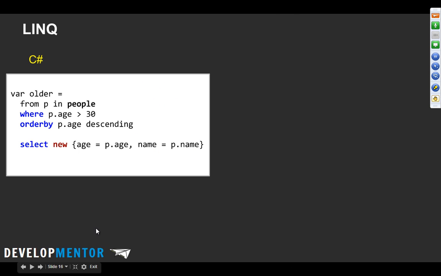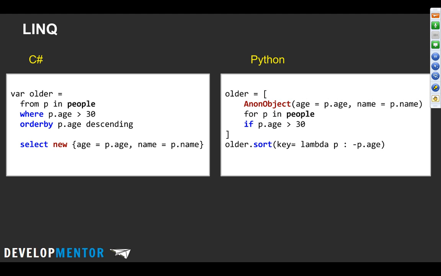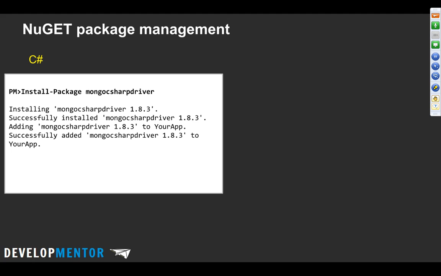So LINQ, if somebody says, what are the top 5 most awesome things about C# and .NET, definitely LINQ lands in there. And look, almost line for line, we can do the same thing with Python. You've got to reorder it. So when you say where, it goes to this if block. And when you say order by, for performance reasons, I put it outside. This is using the .sort rather than the sorted method. It's either fine. Here's your projection with our anonymous object we already talked about, and so on. Okay, another thing that's super awesome about .NET is NuGet.